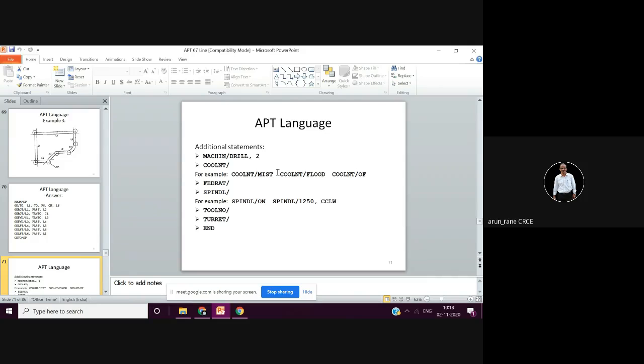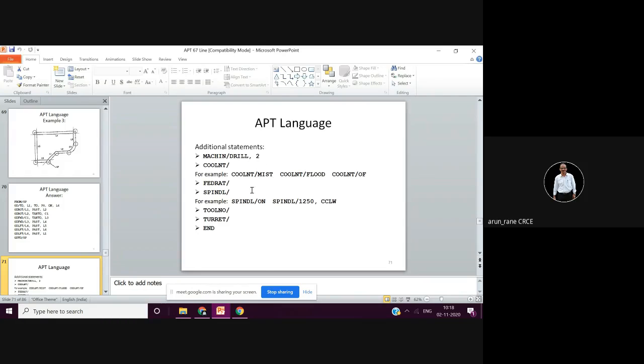Mist means it is your oil plus compressed air, so it will come in the form of a perfume. Then you have to give the feed rate. Again, do not include E here. So feed rate, then spindle rotation.